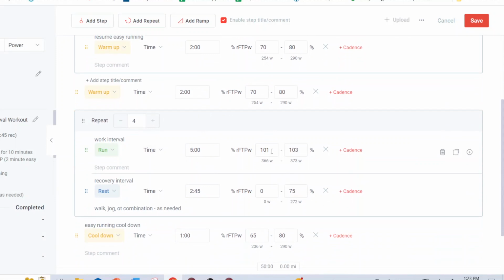Notice how it went back to the default because I did not save it. But we're going to change that from 101 to 103 to 102 to 104 for this particular runner, 370 to 377, which is about the same as the 369 to 376 if you actually put the raw power numbers in there in watts. So if I save it,